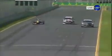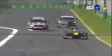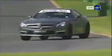Have a look at this. This will be really close, in fact, but David Coulthard will just get there. The three cars across the line covered by 0.3 of a second. So the handicapping is bang on. And between Mick Doohan, who was